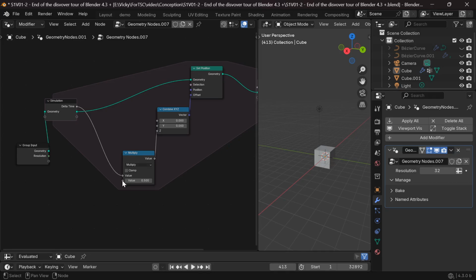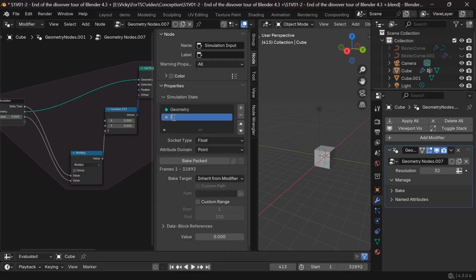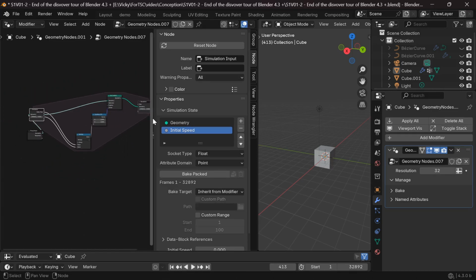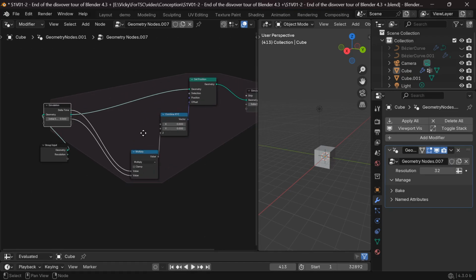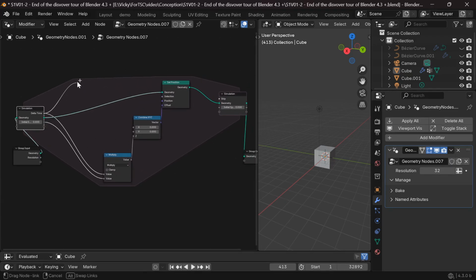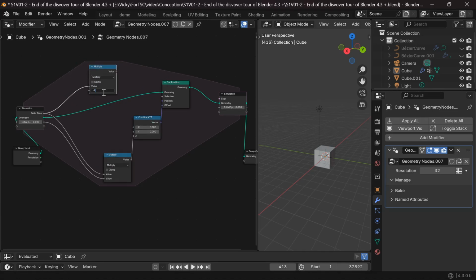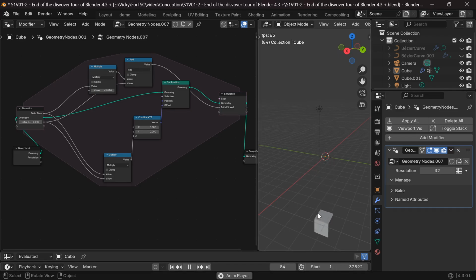For that, I grab the second socket of the multiplication node and connect it to an empty one of the simulation node input. With the shortcut N, I reveal the right panel. We will see that in detail after, at the end of this zone part. Here, I can adjust the name of the property to keep things clear. So at this point, we have the math, but in a free fall, the speed increases. Because of that, when I connect something to the input node of the simulation, the same appears in the output. We just have to calculate the new speed, which is just the multiplication of the delta time by gravity, added to the previous speed.